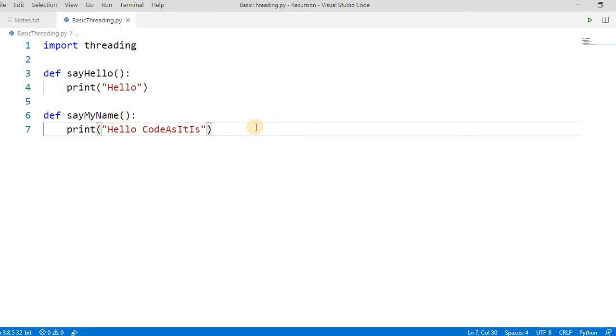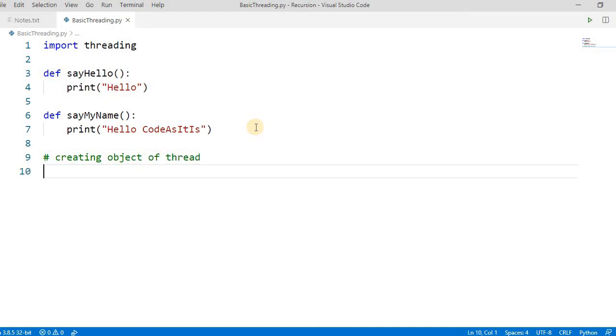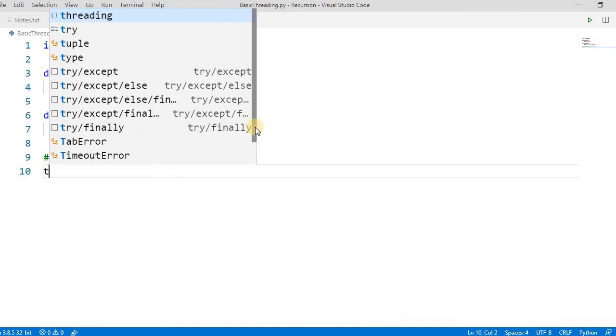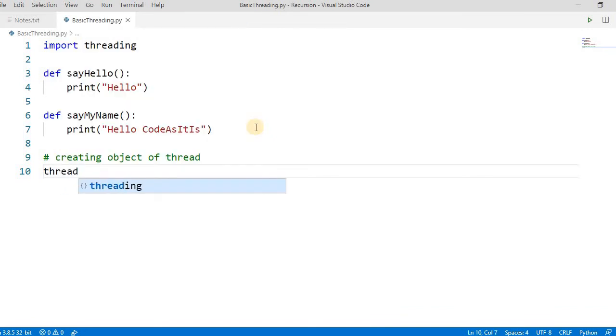Let's try to create two objects of thread. The threading module is based on object orientation. The previous one, _thread, is not, and we have to pass the method name inside it. So, creating an object of thread. Let's create thread one using threading.Thread.